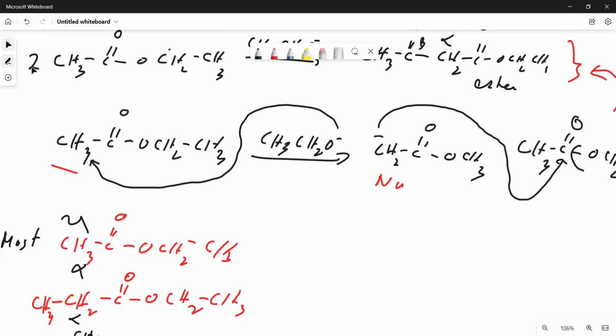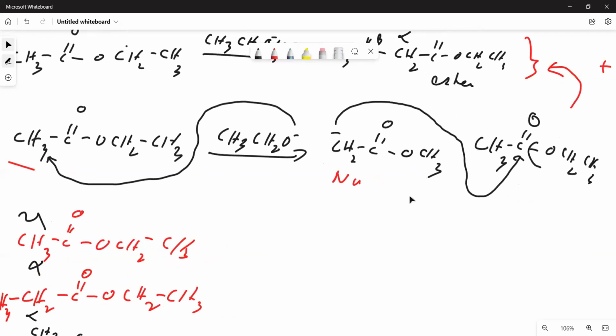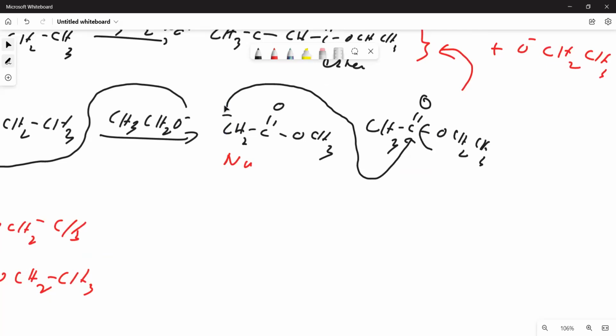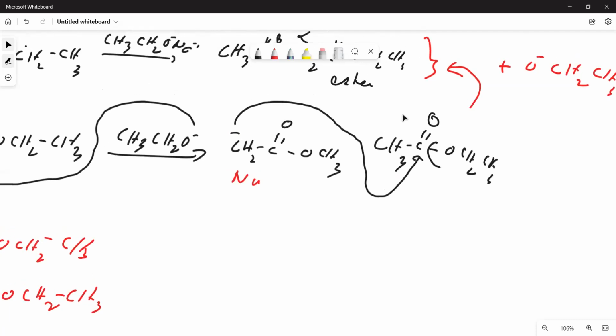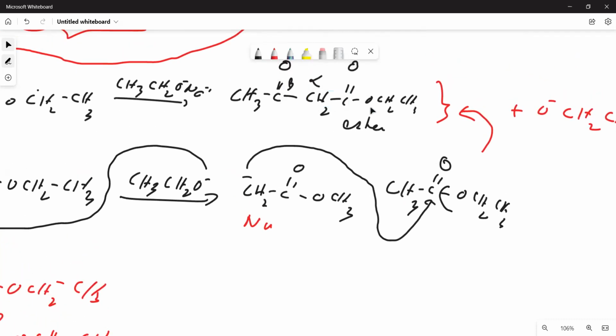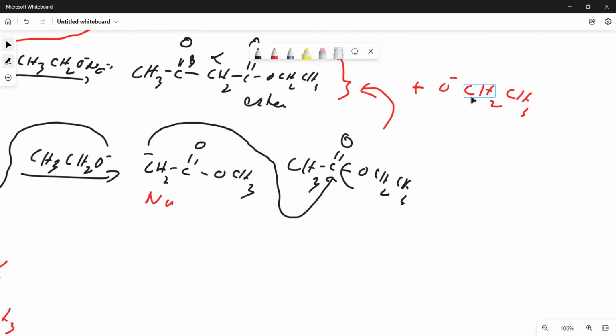First, there are 2 molecules, right? So the first molecule is used to produce the nucleophile. No? So the base will remove the acidic hydrogen here to produce the nucleophile. This is negatively charged, so this is now a nucleophile. So this nucleophile will attack the second molecule of ester by nucleophilic substitution. Look at that. That's a substitution reaction already. Okay. So when this one attacks this, you will end up with beta keto ester. No? And of course, the byproduct is the catalyst, no? Ethoxide. So that is Claisen condensation reaction.